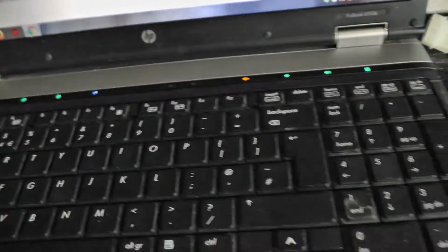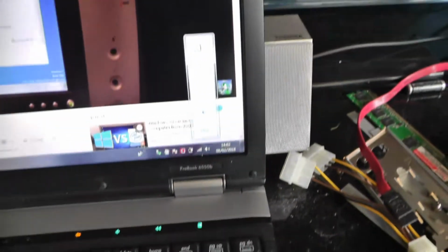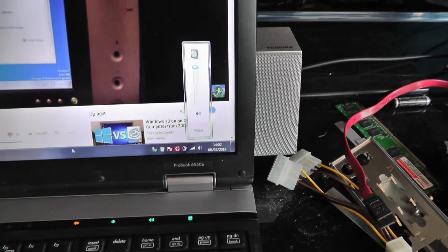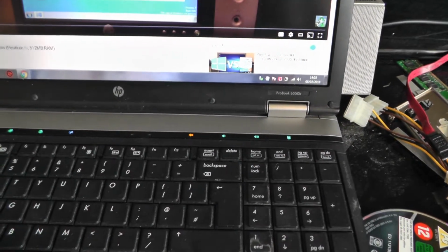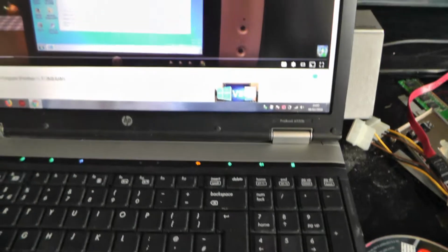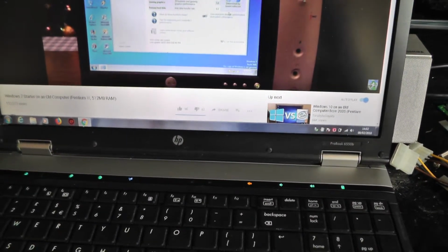As you can see, it's actually Windows 7 Starter, which is the operating system you typically find installed on a netbook. Obviously, this computer is a lot older and slower than the netbook, which is hilariously obvious because as you can see here, Windows 7 doesn't even recognize the processor, so it just lists the CPU ID here on the screen. The Windows Experience Index only rates the processor at a 1.4, which like I said, is a Coppermine Pentium